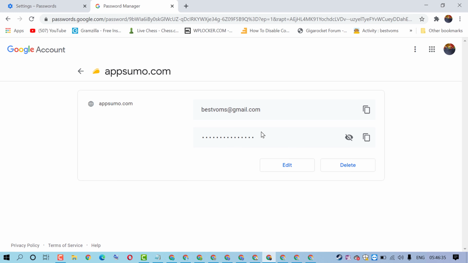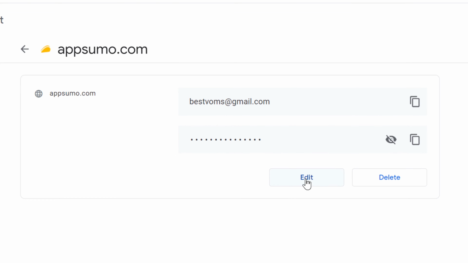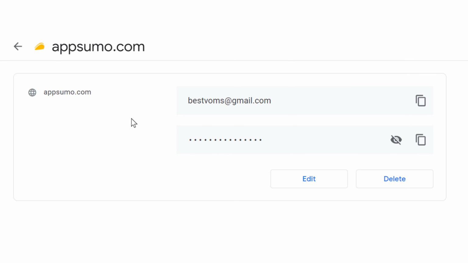So you can view the password for this site by clicking this eye icon. You can copy, and also you can edit the password for this particular site, and you can delete also.